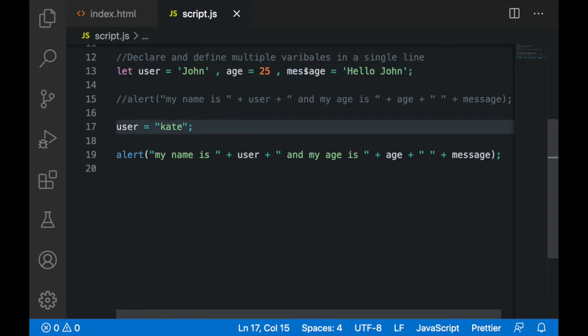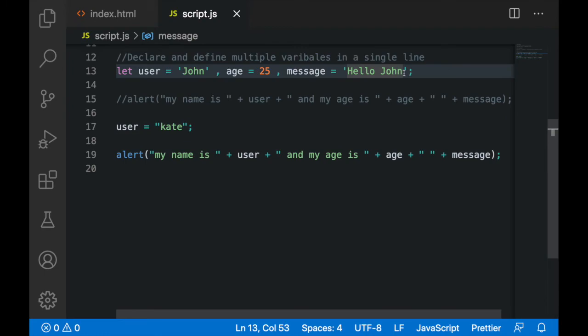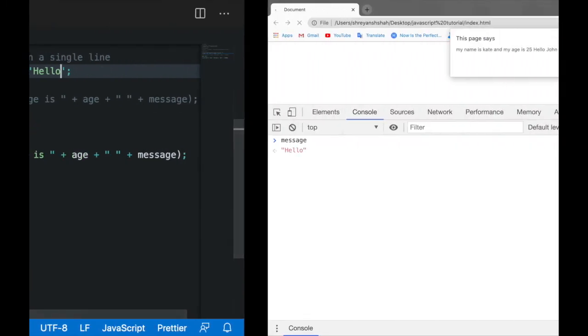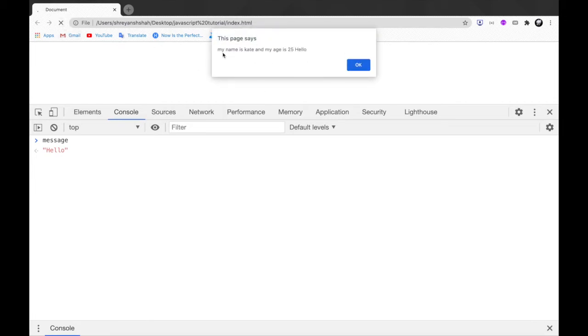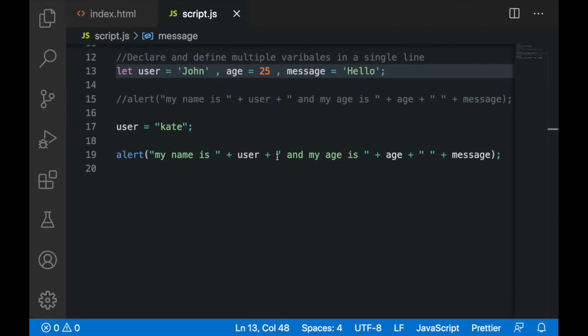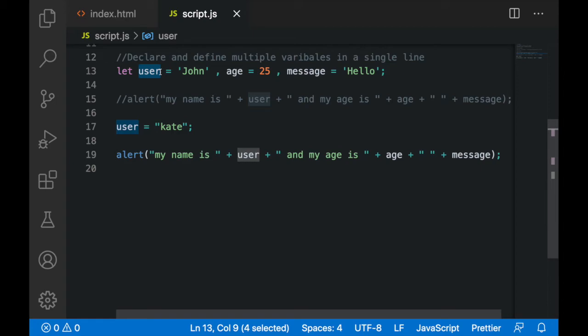And if I just write here message hello, then let's see it again, and refresh. So my name is Kate and my age is 25, hello. Now you can see that a variable is basically acting like a container whose value can be changed by reassigning its value.